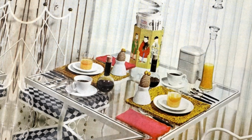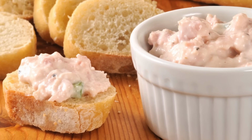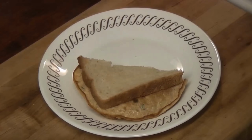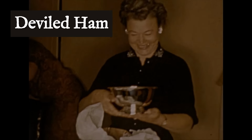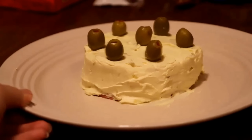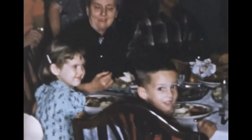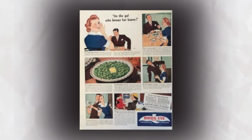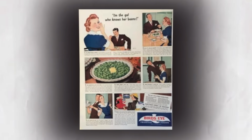When homemakers prided themselves on always being prepared for guests, this dip felt downright sophisticated. It tasted smoky, salty, and comforting, like a cross between a sandwich filling and a secret weapon. For many families, it was the humble heart of the appetizer tray that made Thanksgiving feel abundant before the main course even began. Lima beans were one of those humble pantry staples that quietly held the line when the Thanksgiving